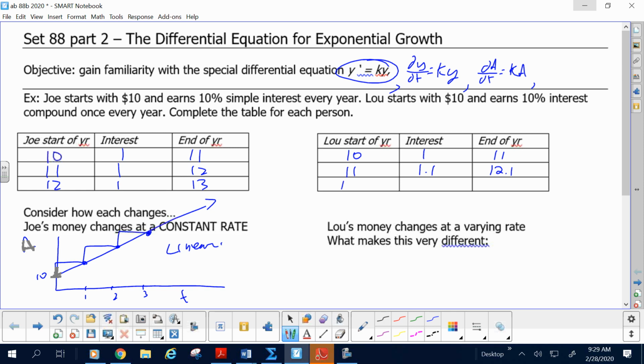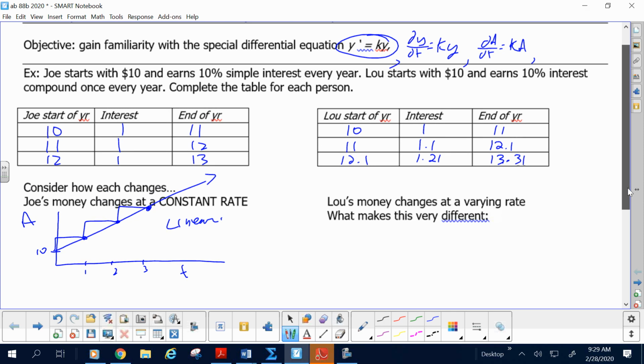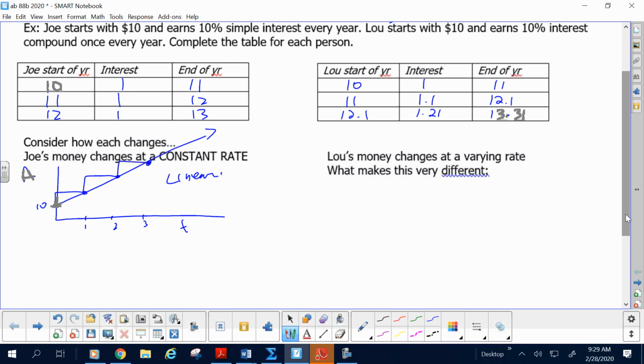All right, so 12.1, 10% of that is 1.21. What is the end of 2 years, sorry, with? 13.31. He earns not only $3 in interest, but 31 cents of interest on interest. And so $3.31 total. Now what makes this change at a varying rate is that the growth rate